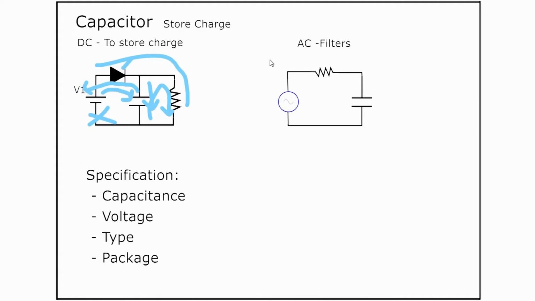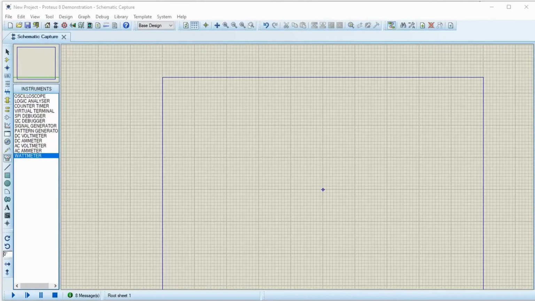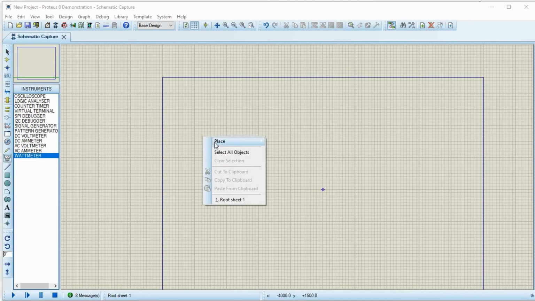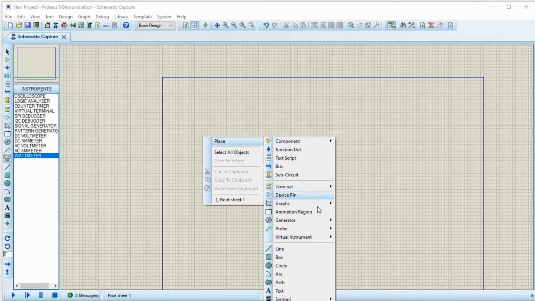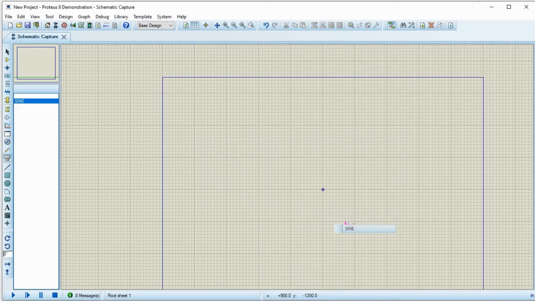Now let's see how it is used as a filter in AC application. Let's quickly simulate a circuit where we can show how capacitors can be used to filter out the AC component. For this, let's use two AC sources and combine them. Generator, sine.